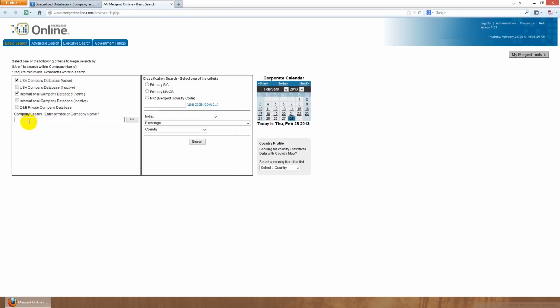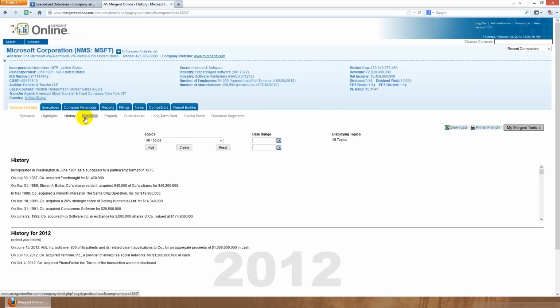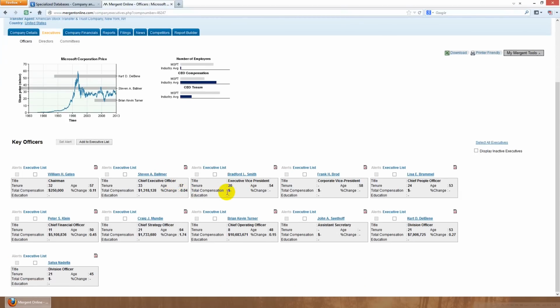Again, from here, you can do a search by company name, by ticker symbol. And then from here, again, basic company information, the history of the company, a business description, any property that is owned, long-term debt, capital stock, etc., executives, and then their compensation if it's available,